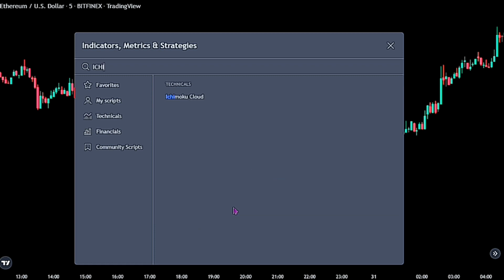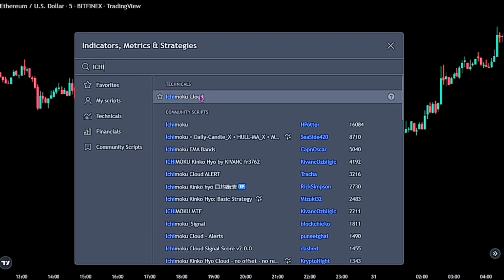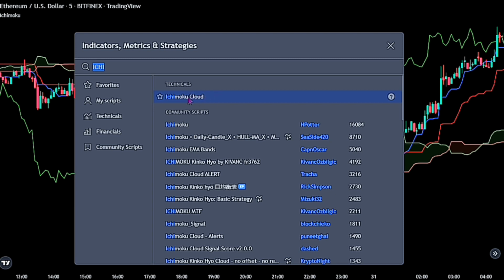For the first indicator, search for the Ichimoku Cloud. This one right here, I want you to add it to the charts, as this indicator is a package of multiple technical indicators that signals support, resistance, market trend and market momentum. It is one of the few indicators out there that attempts to convey a number of meaningful insights into one. For that reason, it could be hard to understand at first glance, but is commonly used among professional traders and market participants. With that in mind, we would be using only its cloud to determine whether the market is trending